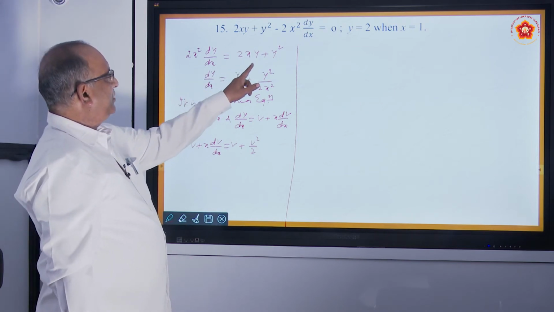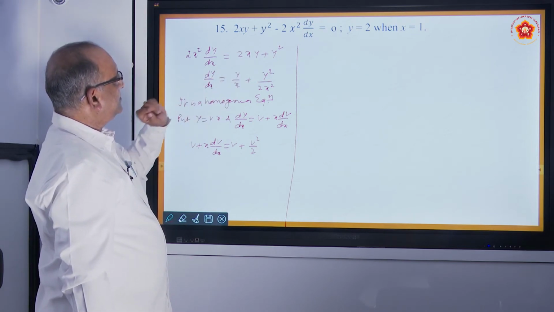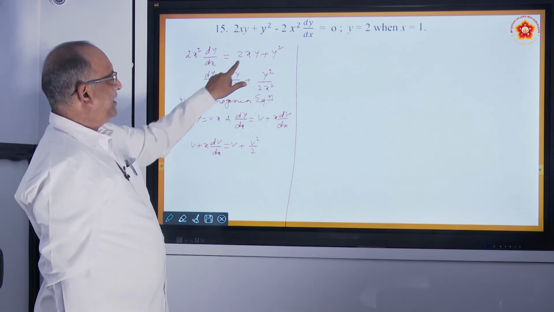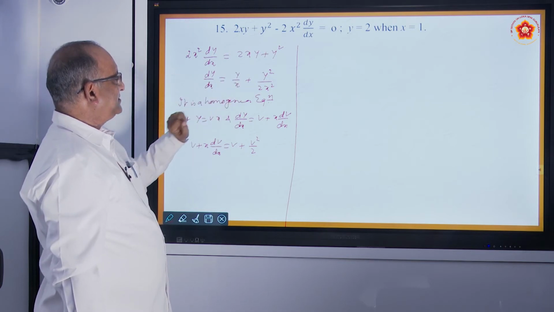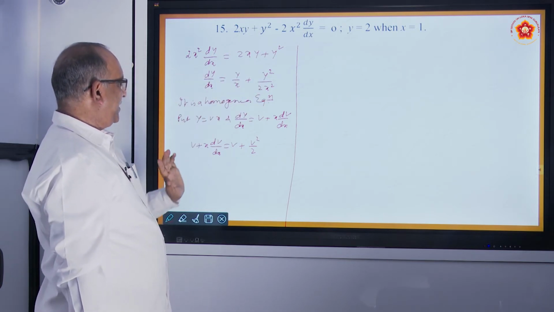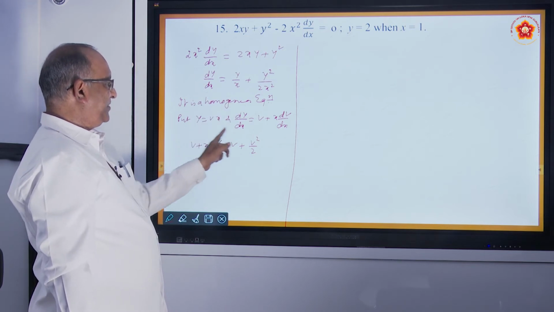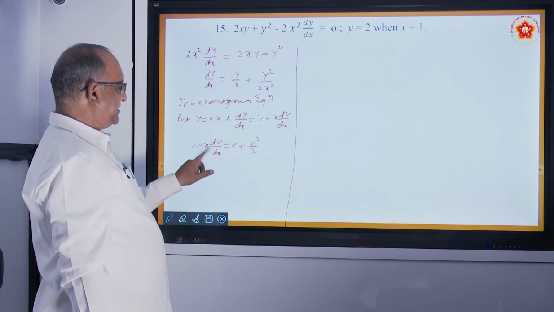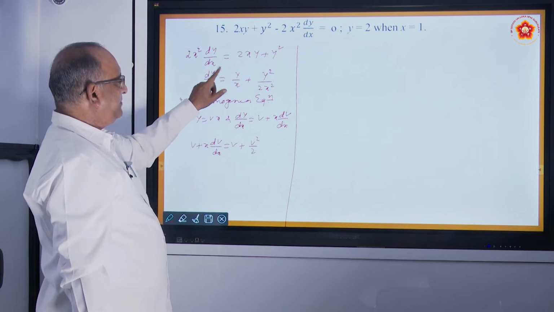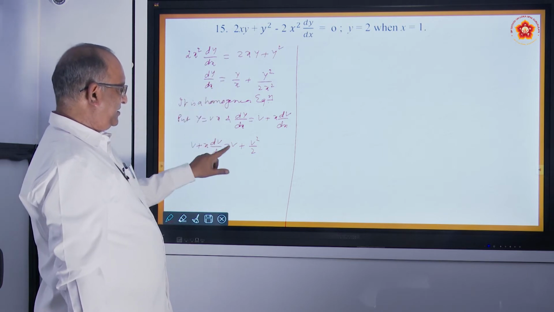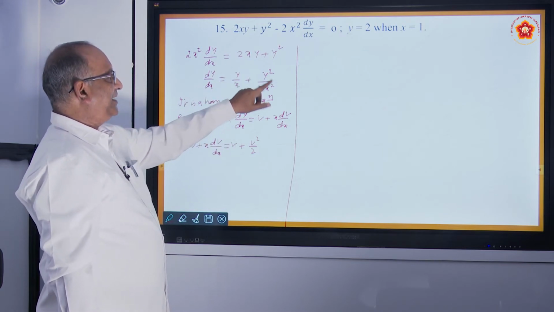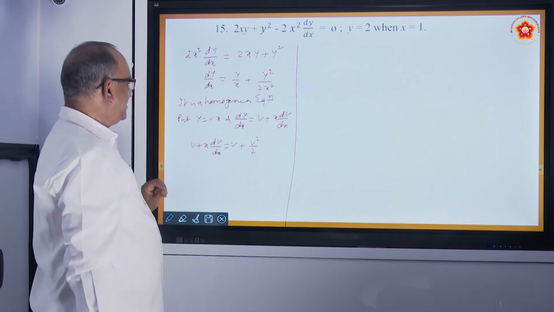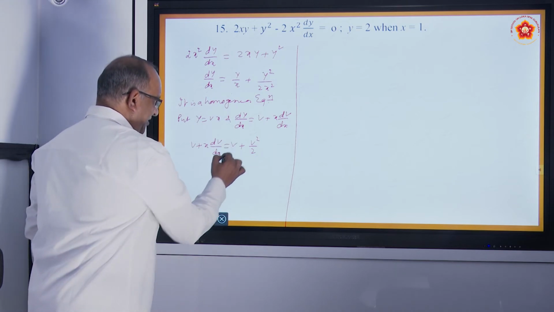We have divided the whole equation with 2x square. So, 2 got cancelled, x got cancelled, it became y by x. Here it is y square by 2x square. It is a homogeneous equation. We have made this substitution here. So, dy by dx became v plus x dv by dx equal to y became vx, vx by x became v plus, here we substitute v square, x square will get cancelled, you have v square by 2. This v and v can be cancelled.